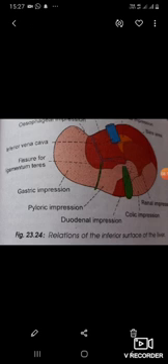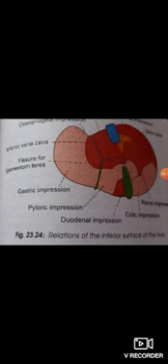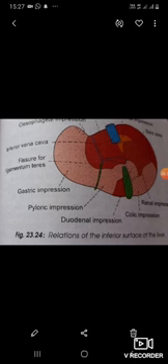The ligamentum venosum is a remnant of the ductus venosus of the fetal life. It is connected below to the left branch of the portal vein and above to the left hepatic vein near its entry into the inferior vena cava. The posterior surface of the left lobe is marked by the esophageal impression. Now, superior surface.